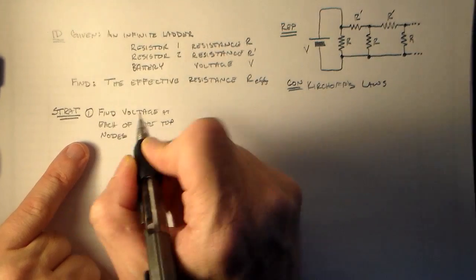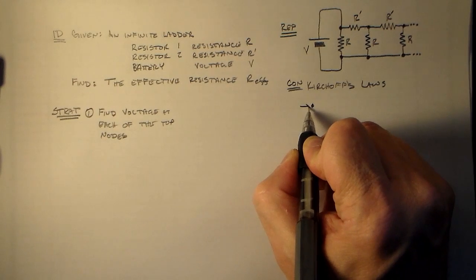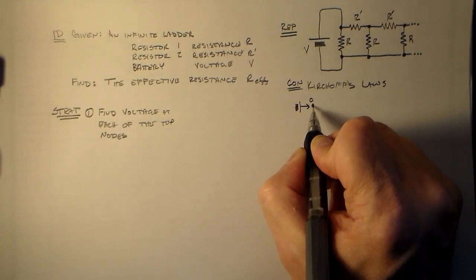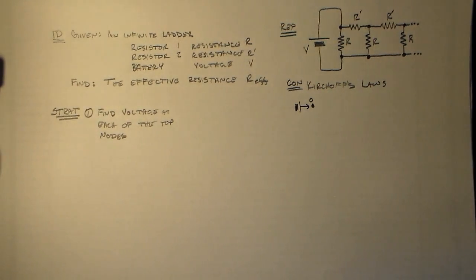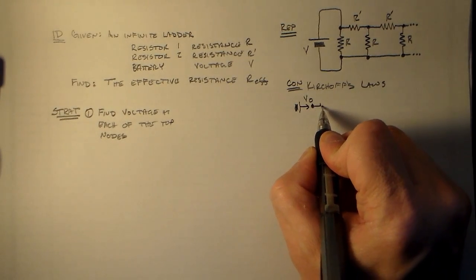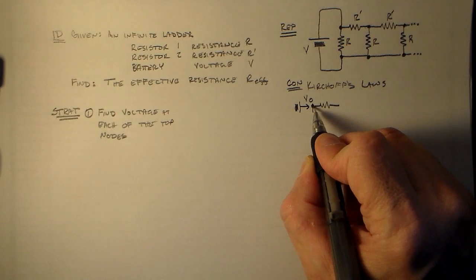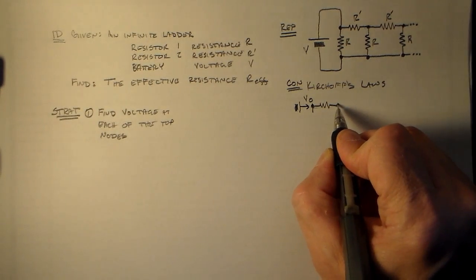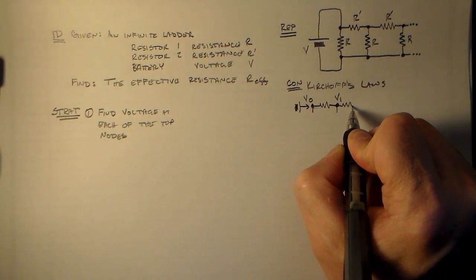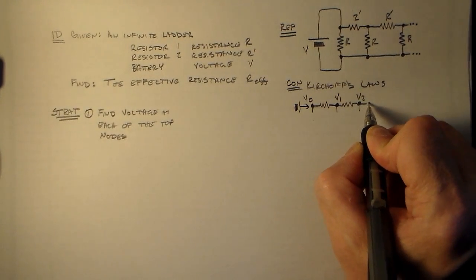Okay, so what we've got here is our battery coming in. At node 0, it's gone through zero of these resistors, so it's node 0. We have some voltage V0. Then some of the current goes this way, some more of it goes that way, and then we have a V1 here, and some current goes this way, some current goes that way. We have a V2 here, so it's gone through 2 of these resistors,